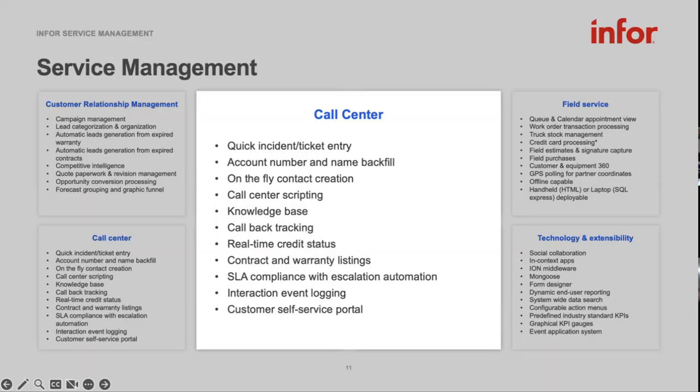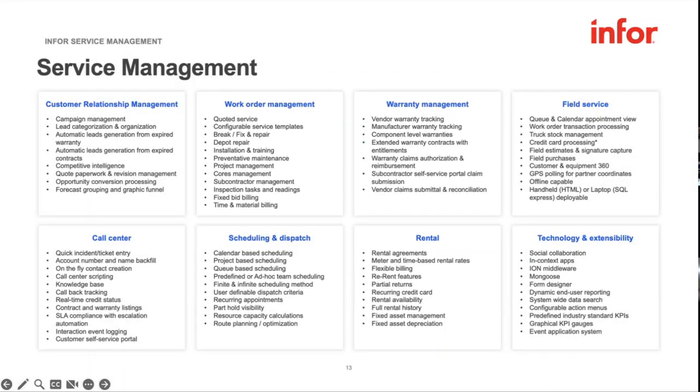All right. And then, of course, that wraps up the large show, the big picture overview of the service management module. See if you have any questions at this time before we go into the live application. All right. Ray, is there